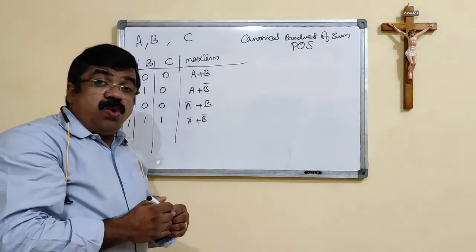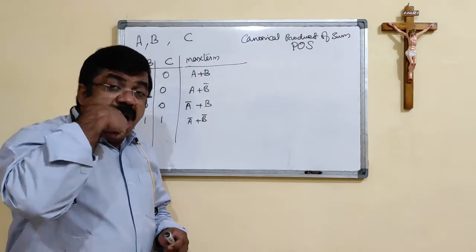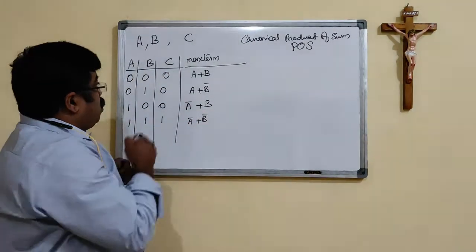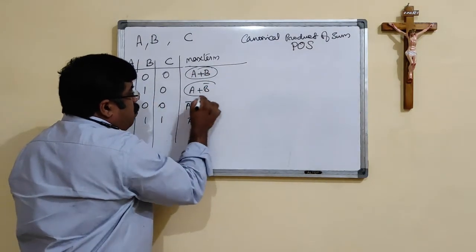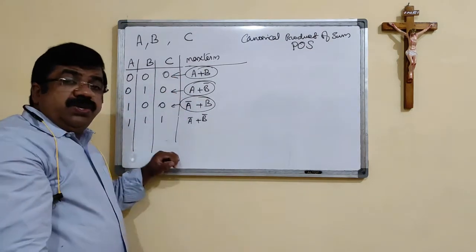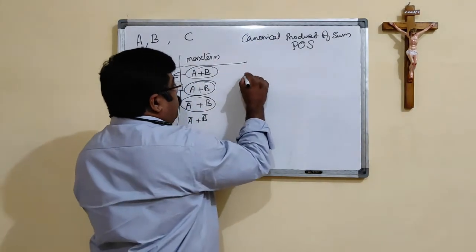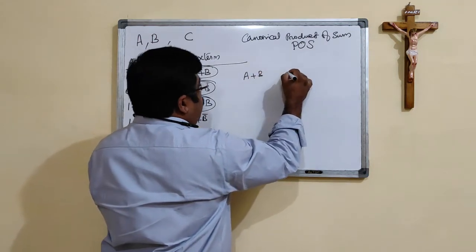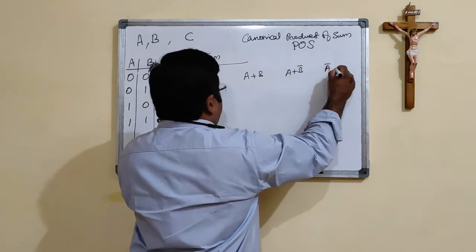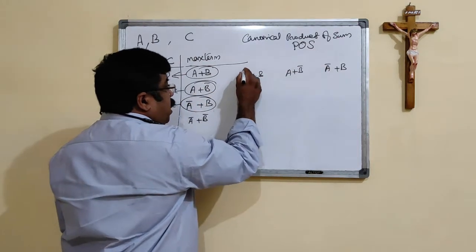Okay. Now we already saw the input combinations which are having an output 0 are listed out in the product terms or in the max terms. So we know this particular one, second one and the third one, these all max terms are having an output 0. So they will be listed out in the canonical product of sum. We say A plus B, then A plus B bar, then A bar plus B. These all max terms are listed out there.